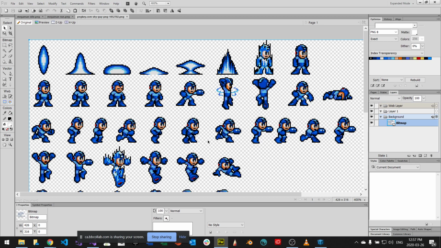The frame struct is going to have the name of the frame, the X and Y coordinates where it starts on the sprite sheet, as well as the width and the height. I need those things, right? And then I also need some kind of animation class that allows me to play or record an animation, right? So I can say I want my run animation, as an example, to be